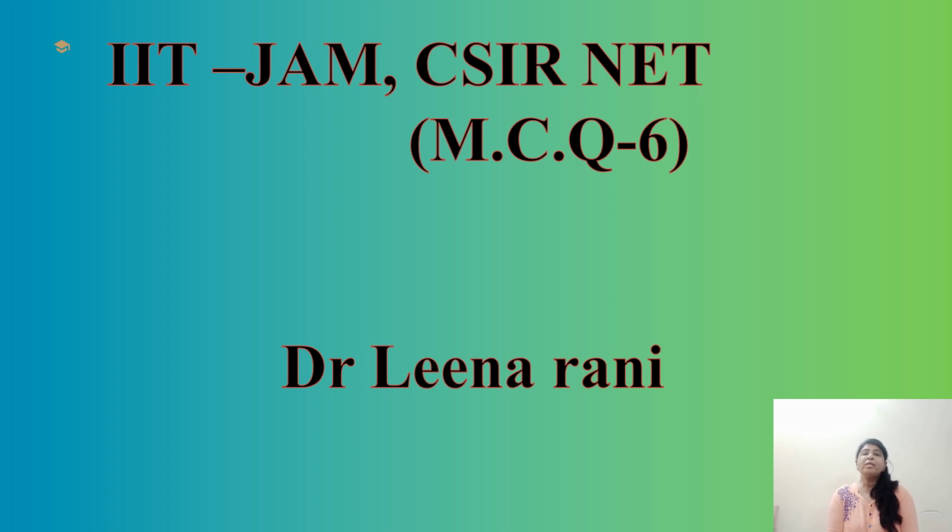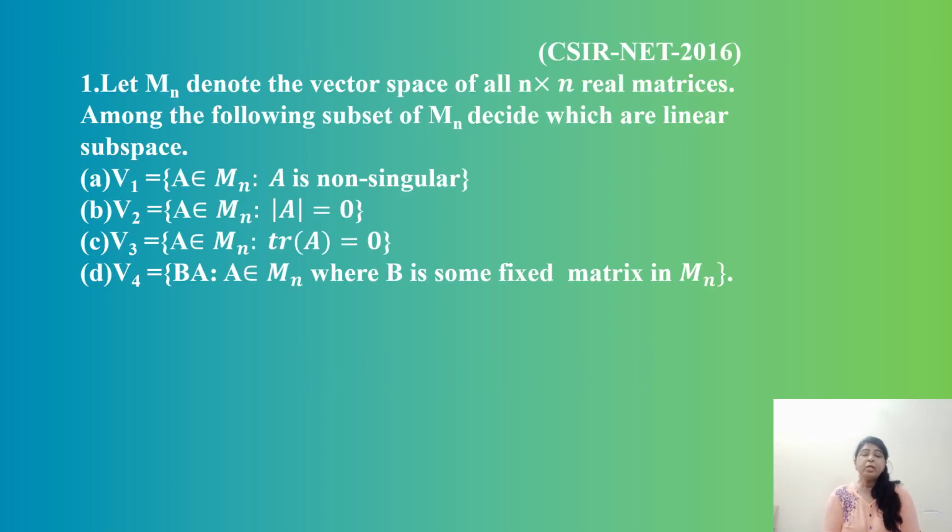So today we will discuss some questions on sequence and series. Let Mn denote the vector space of all real n by n matrices. Among the following subsets of Mn, decide which are linear subspaces. V1, V2, V3, V4, these four sets are given to us and we have to decide which one is a